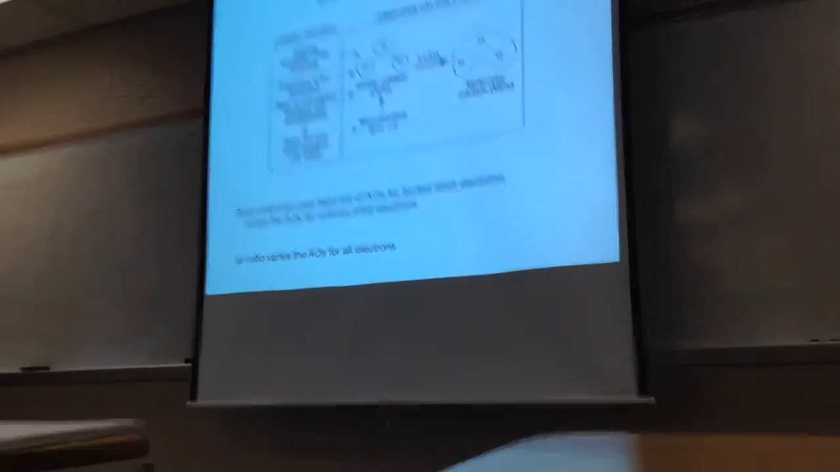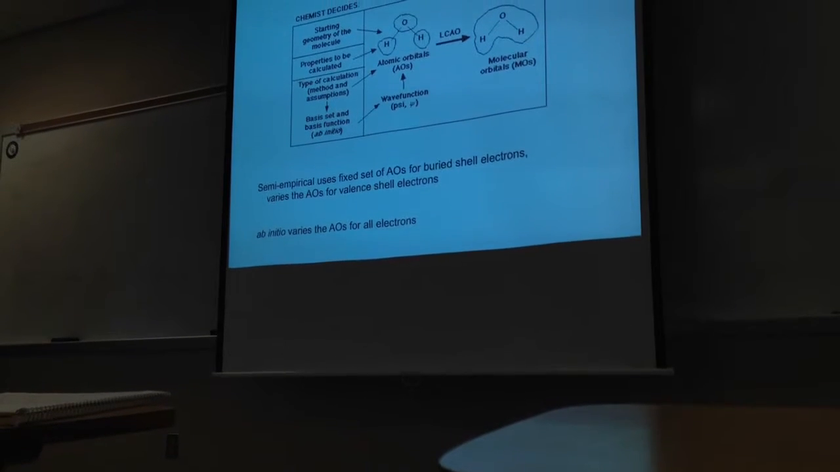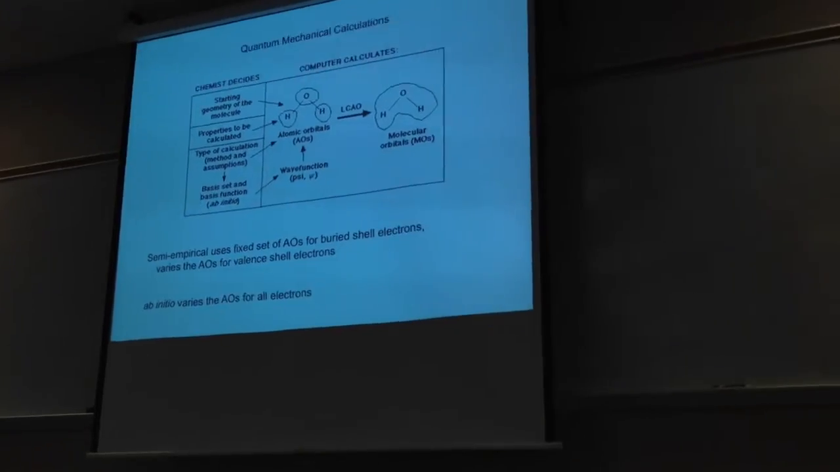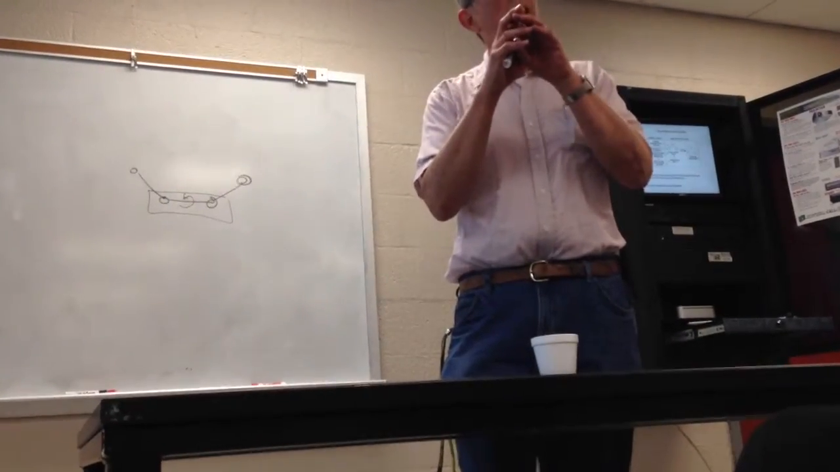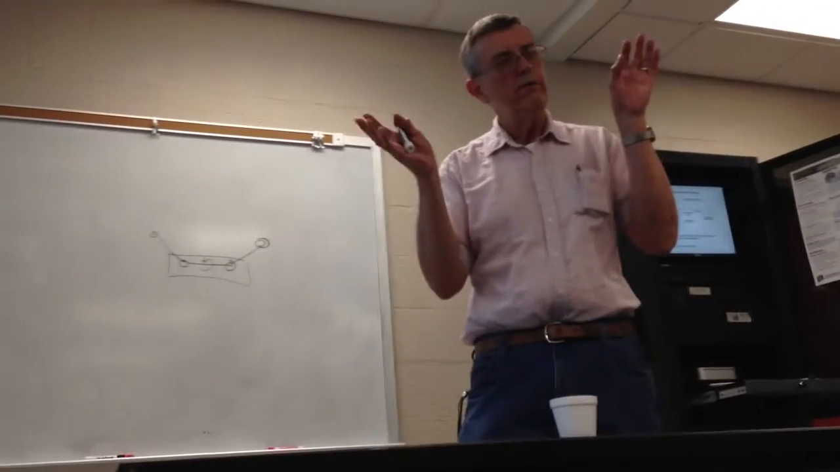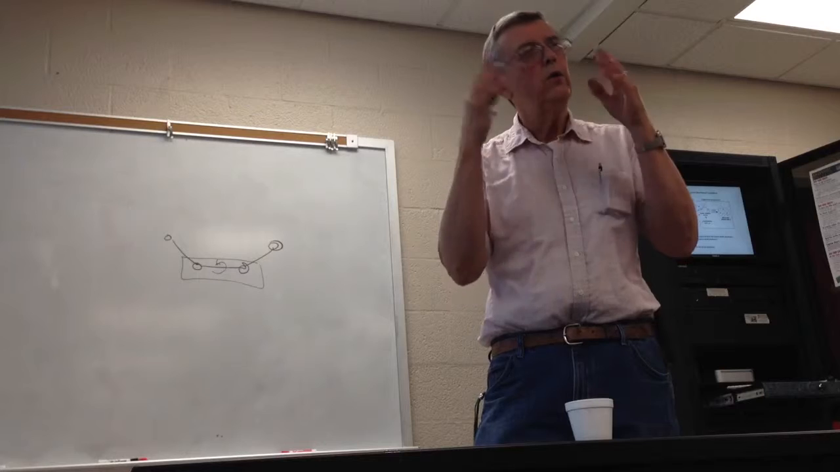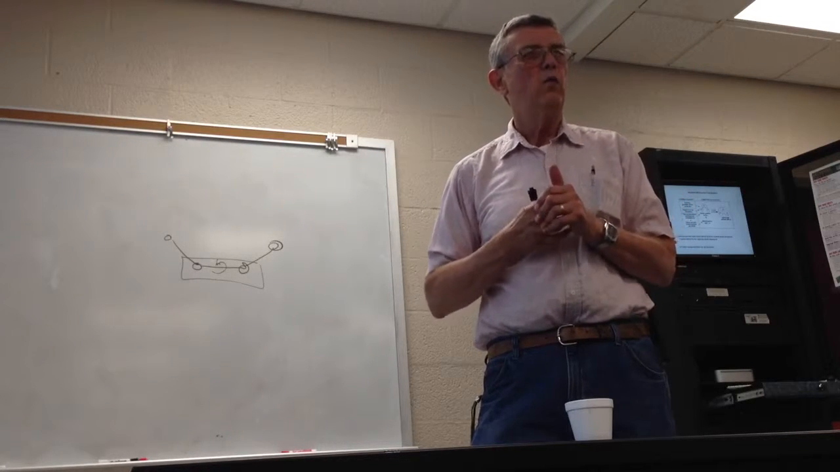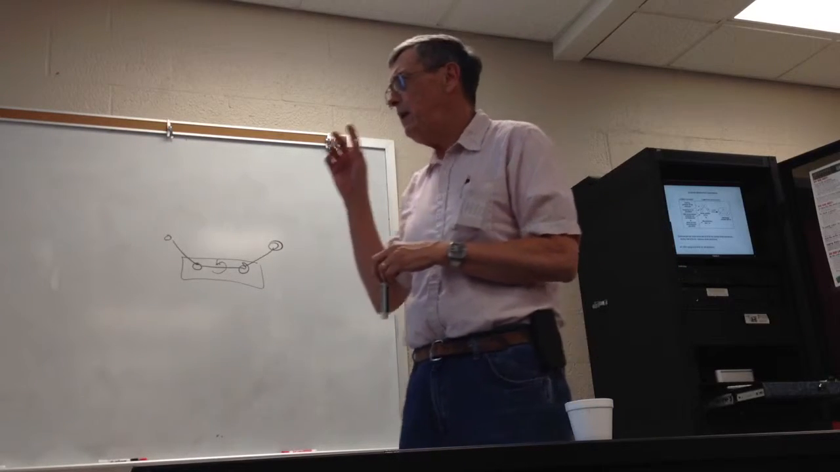Semi-empirical deals, without going into a whole lot of detail, primarily with tinkering with the atomic orbitals that are in the valence shell of the various atoms that are involved. Whereas ab initio tinkers with all of them. And we could talk about what I mean by tinkering, which is really pretty complicated. But in any case, the main thing